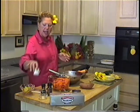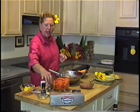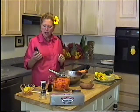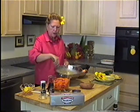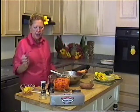flavorings. And in addition to that, we're going to add nutmeg and cinnamon. And I really like these little grinders because it gives a nice fresh taste to the dish that you're preparing. Also, a whole nutmeg would be excellent to use, just using your zester. Stir this, and then finally we're going to add